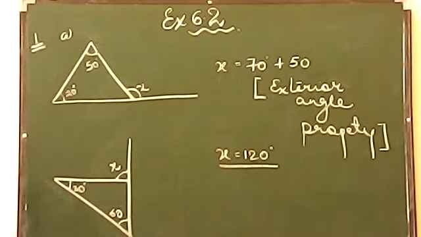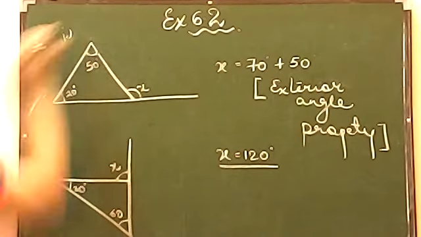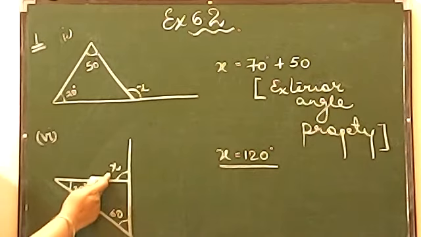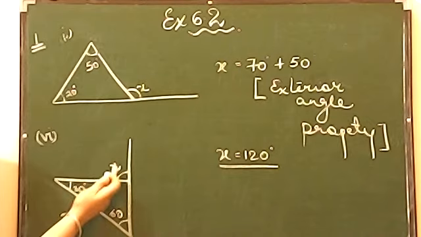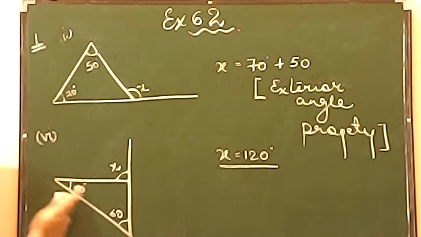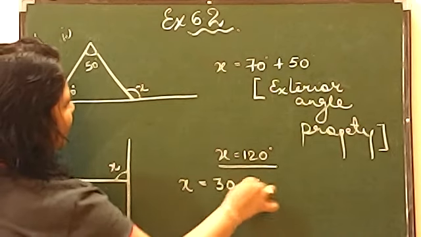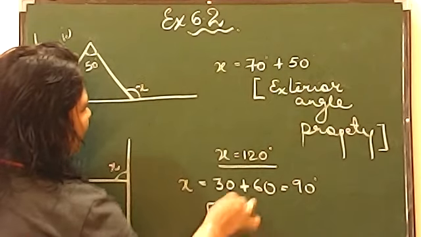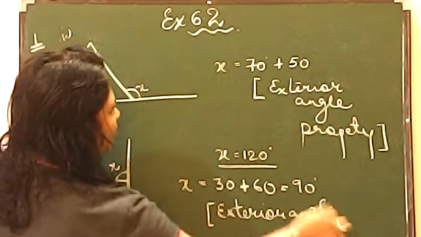So I took one more question, that is question number 6 from first. This was first and this is first 6. Now here also, if you will observe, this is exterior angle which is made outside of the triangle. And again, अगर आप उसको गौर से देखोगे तो this is exterior angle and इसके interior opposite कौन हुए बेटा? 30 और 60 हुए. So it means the value of x in this question will be 30 plus 60, which will give you 90. And the reason you will write it down again here, exterior angle property.